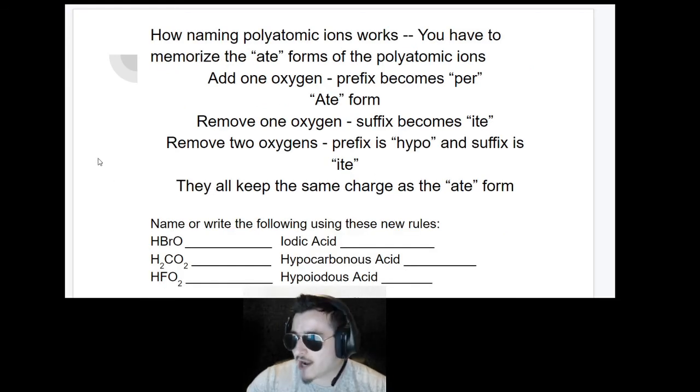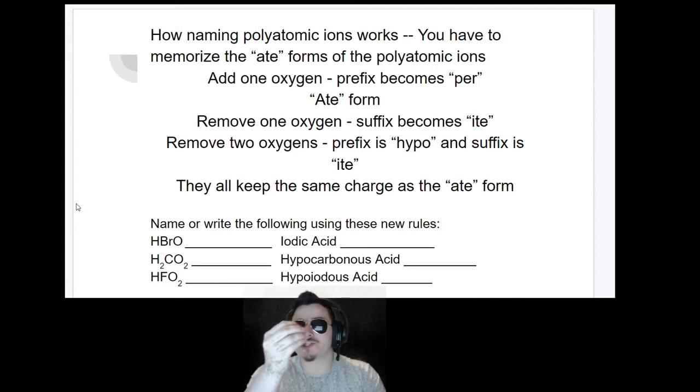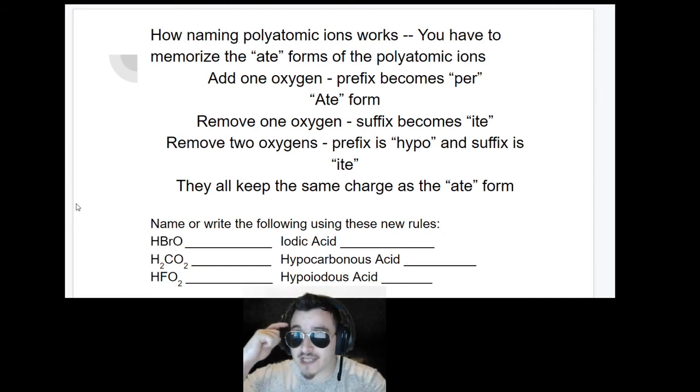Okay? So now, what I want you to do is look at these examples right here. HBrO, H2CO2, all of these down here at the bottom. I don't have these gangs anywhere on my polyatomic ion sheet. How am I going to tackle this? Well, what you are going to do is take your polyatomic ion sheet and extract different polyatomic ions that aren't explicitly written,